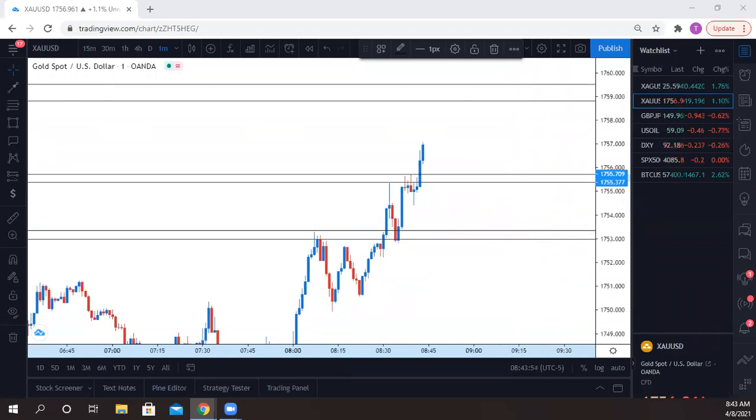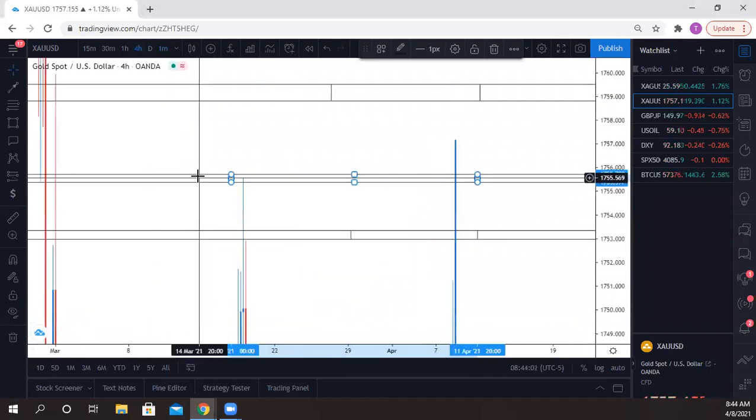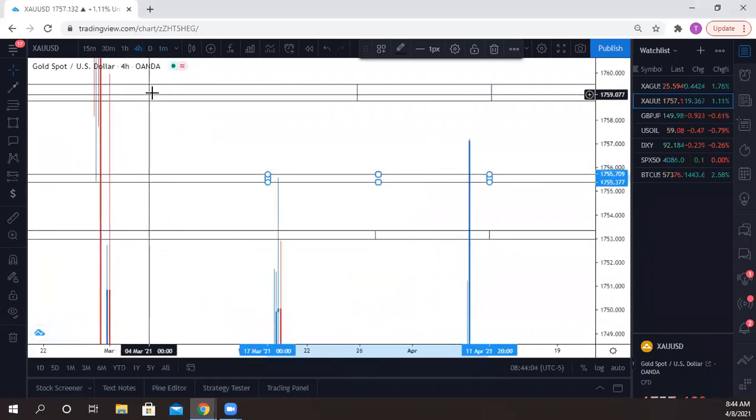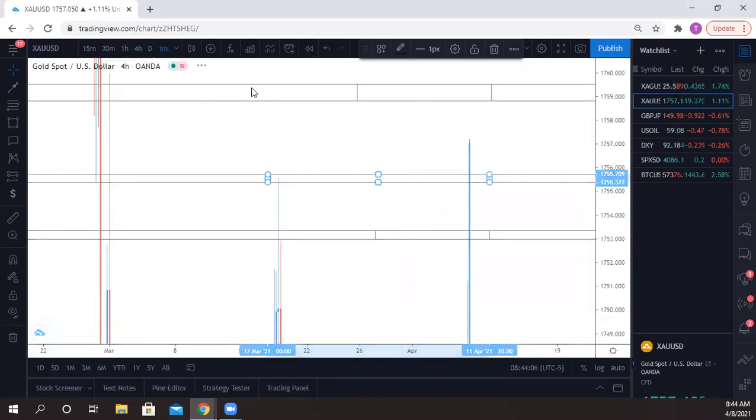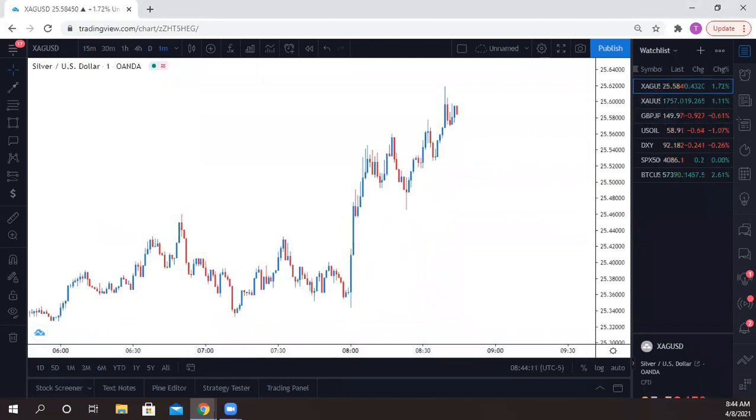1760. Yeah, like I said today, this is another clean 4-hour range here as well. 1760 is doable. But again, if you are in the money on that, if you made